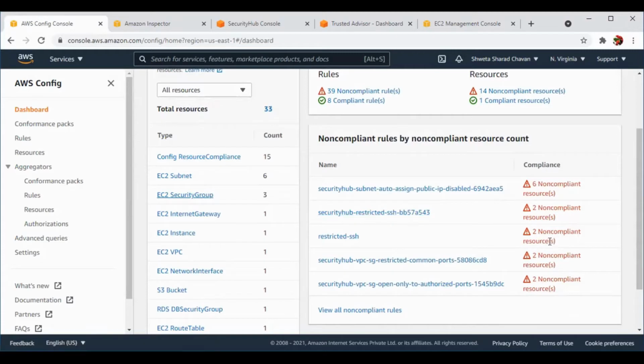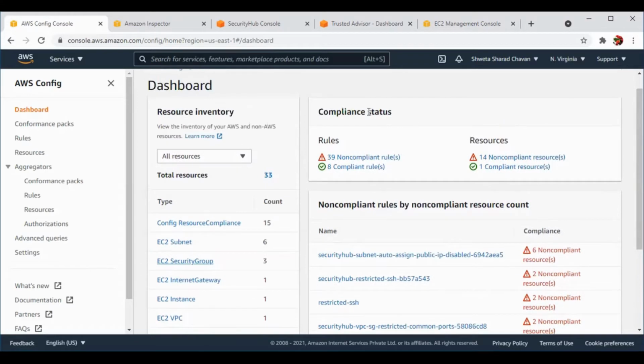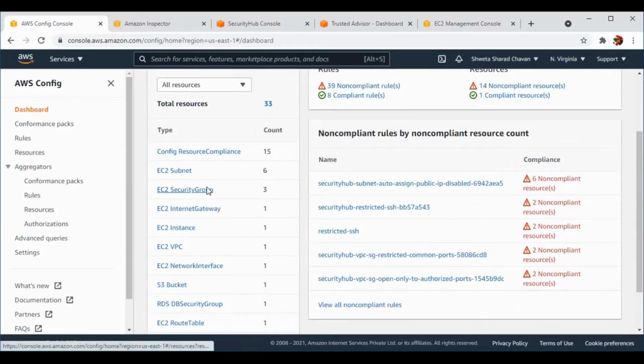So what are these non-compliant resources? In these, there are two non-compliant resources where the traffic is all traffic. We have given it, and it doesn't comply with the rule, so this comes under non-compliance. Here you can also note the compliance status: 39 non-compliant rules, 8 compliant rules, with 14 non-compliant resources and 1 compliant resource. Under EC2 security group, as we had done the open access and given all traffic, moving to it, we can see that